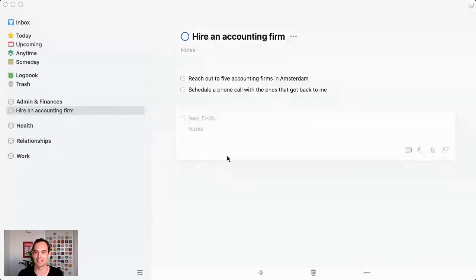At some point, I did decide to start working with one accounting firm, and it was send onboarding materials over to the accounting firm. I'm keeping this really short. There really would be a lot more steps to this, but you get the idea. It's really a completable project, and I'm going to have that sit under my area. And notice that I'm writing detailed, specific task names. So we've got level 1, role, level 2, project, level 3, specific task.